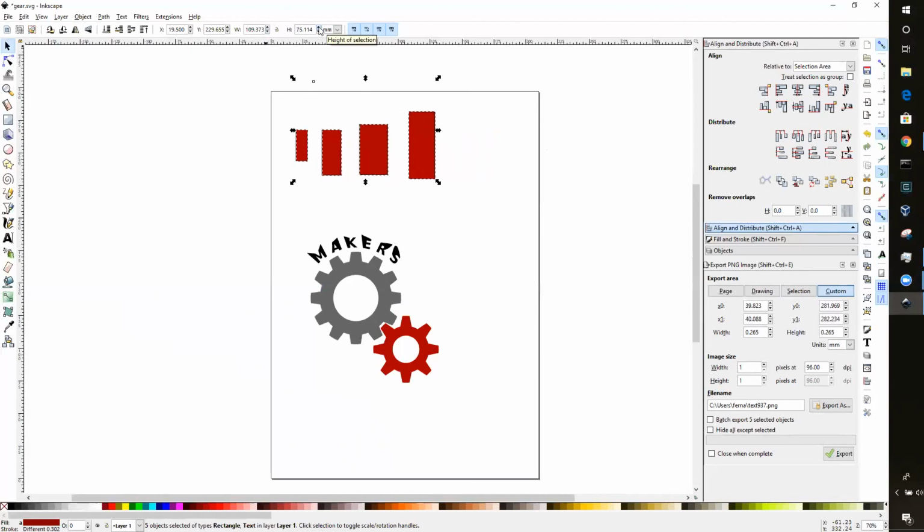But it's not making them the same size. So sometimes the best way to do it is to just copy this, and you can hit Control D, or Control C and Control V, and just do something with that. So if you have this, and let's say you had a whole bunch of these,